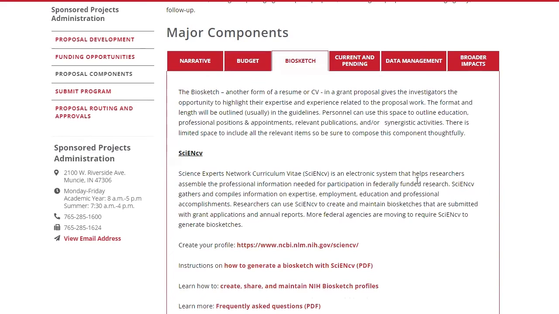Your bio sketches, that piece that we talked about before, it is just another term for a resume or a CV. It's just formatted differently depending on the agency that you are applying to. And as I said, Science CV is a very handy tool. It is free. And I think it's hooked up to the NIH My NCBI, so it pulls your publications. And if you just enter your information, there is a bit of a setup. We have some instructions on the website, but once you get it set up,